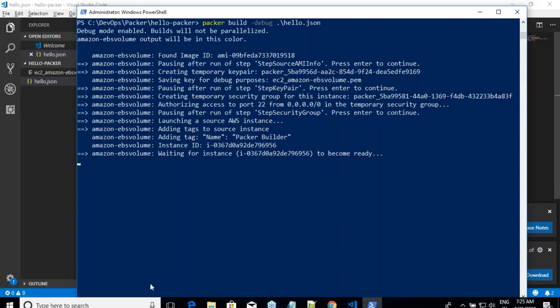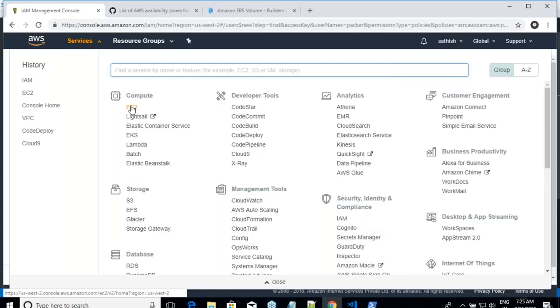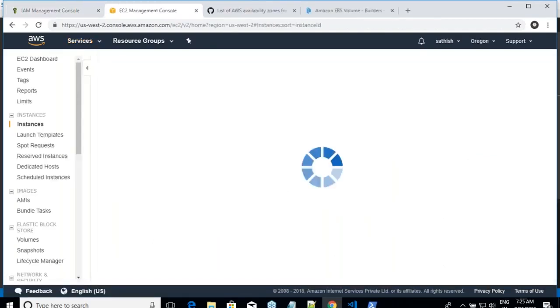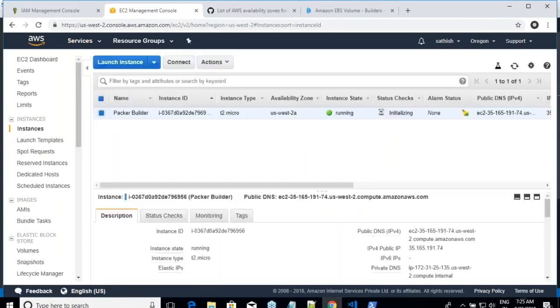Let us see if the same thing is happening in the AWS or not. So let me go to the services, EC2. I'll open that in a new tab. So this is the machine which is being launched by Packer, right? Packer has logged in into your Amazon account using the secret key and access key, and it is trying to create a machine. If you see this machine is T2 Micro. That is what we have said, right? And the AMI, this machine would be a Amazon AMI or Ubuntu AMI, whatever AMI which you have passed, right?